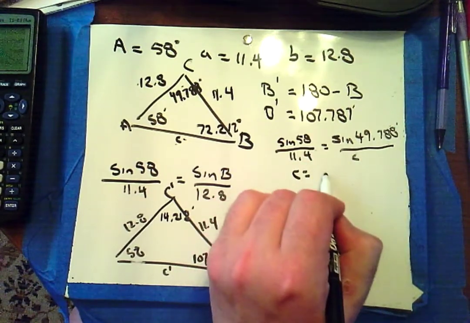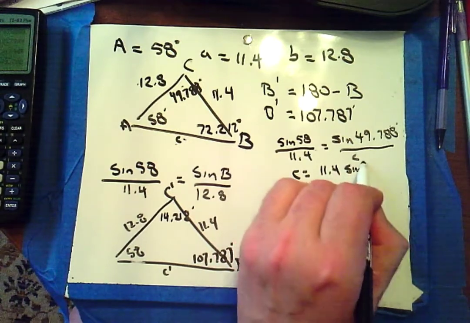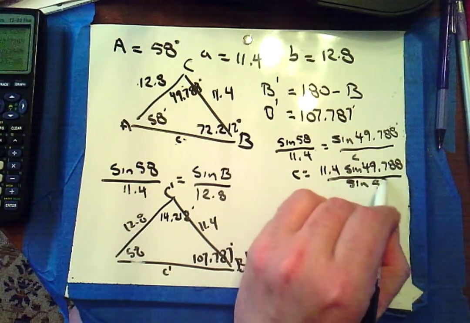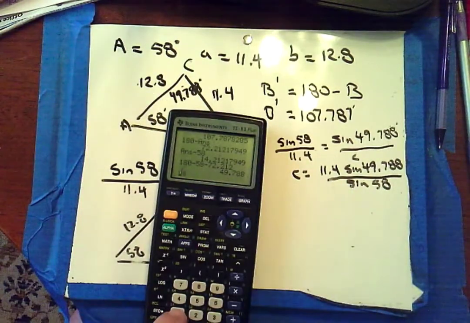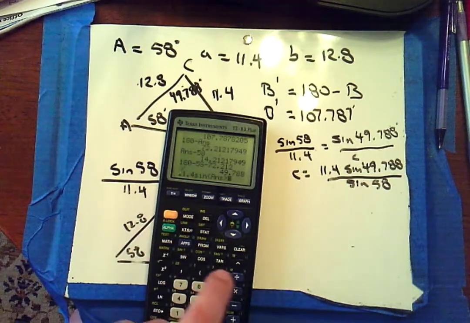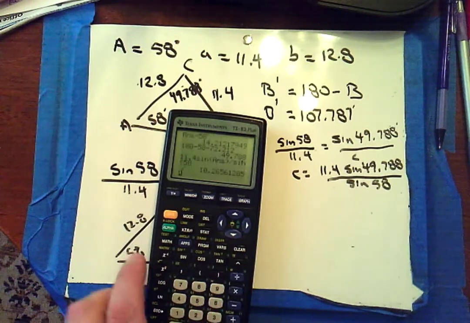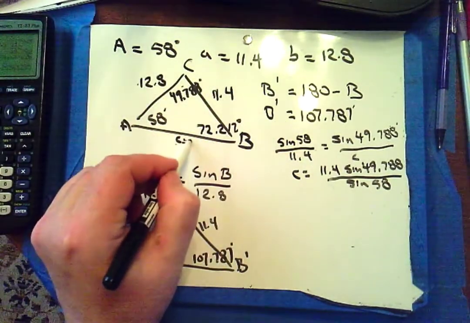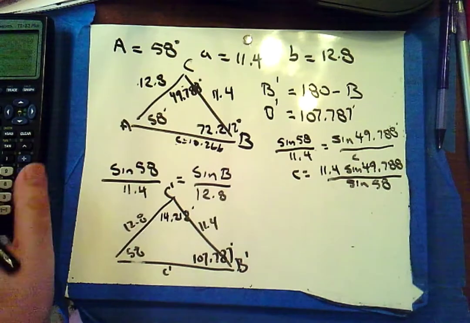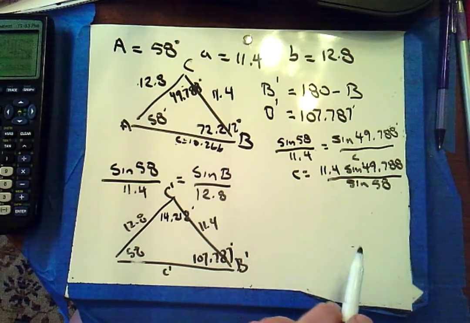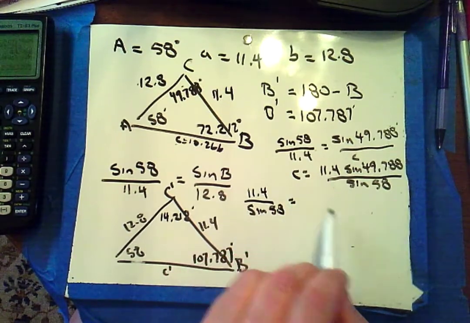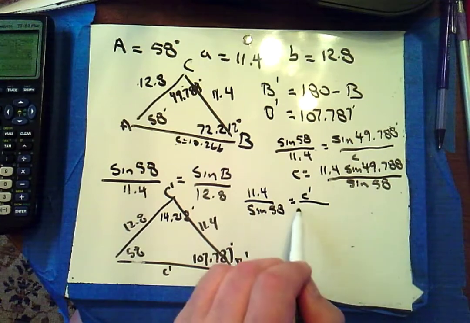So little c is 11.4 sine 49.788 divided by sine of 58. And I get 10.266. Okay,